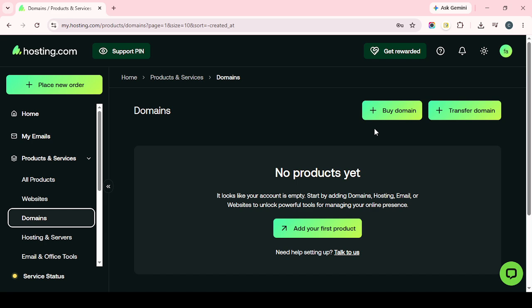That's it. The key parts are unlocking the domain, getting the EPP auth code, logging into your A2 hosting client area, going to the transfer section, entering your domain details, and completing checkout and payment. If everything is entered correctly, your transfer